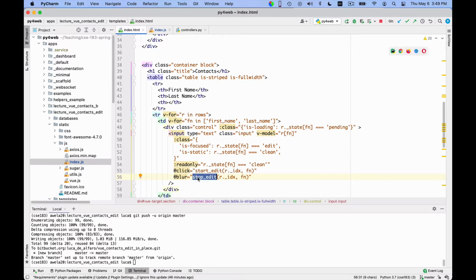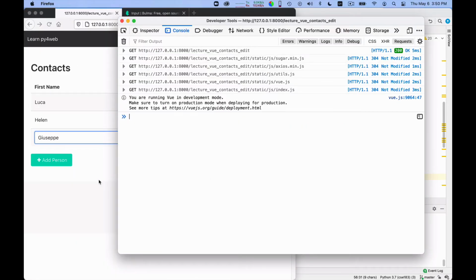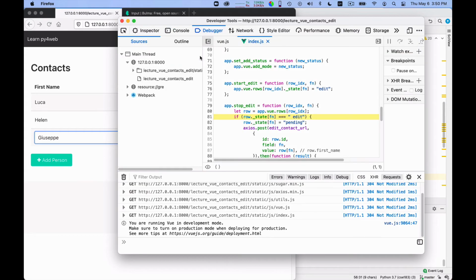So the first thing you should always do when you see nothing happening is check whether the event handler is being called. So how do you do that? Well, you go back to the browser window, and you need to go into the debugger. The debugger can show you all the possible lines of code that are there.